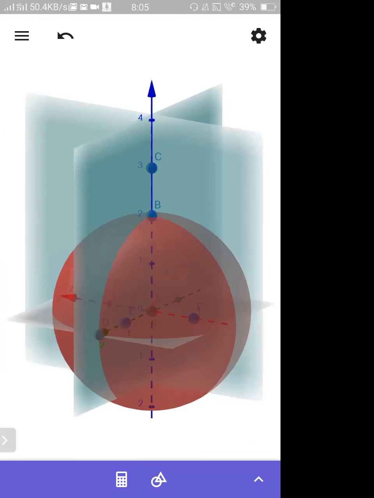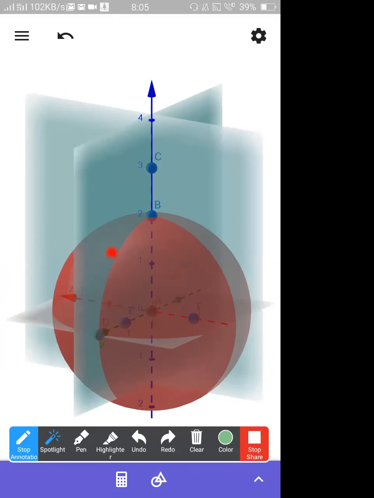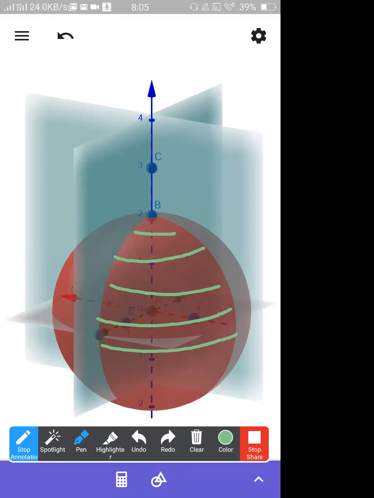So what I have done, I have made a change in phi. In the first case, here this plane is with phi 0 degree. This plane is with phi 90 degree. Now I am making an arc. How am I making the arc? The arc may be like this, or like this, or like this. Is it clear?